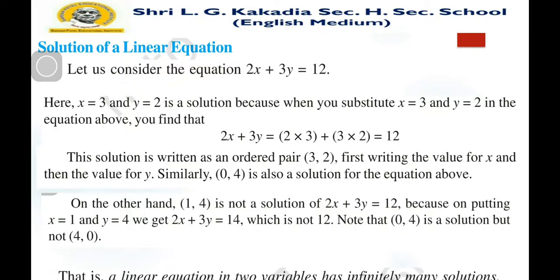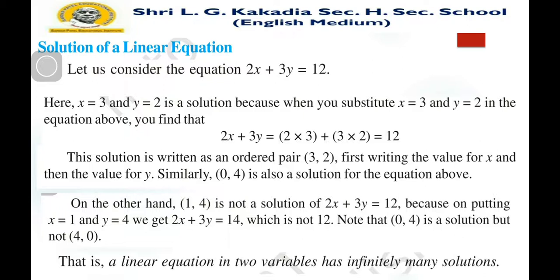the given linear equation. So in this way, a linear equation in two variables has infinitely many solutions, because you can select values of x and y randomly, and you can find solutions of the given linear equation infinitely. So note that a linear equation in two variables has infinitely many solutions. You can find one solution, two solutions, three solutions, or infinite solutions for the given linear equation by selecting the values of x and y.